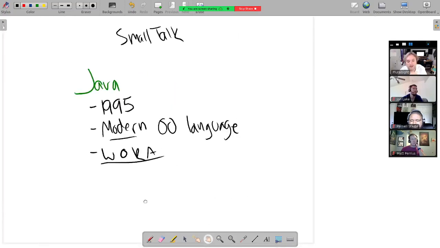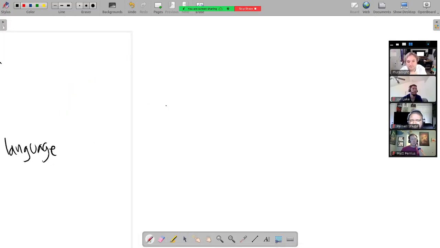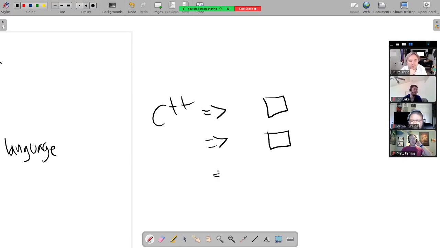So if I write some C++ and compile it, I need to compile it separately for this processor and this processor and this processor. So my computer and your computer need to compile this code independently for each of those platforms.